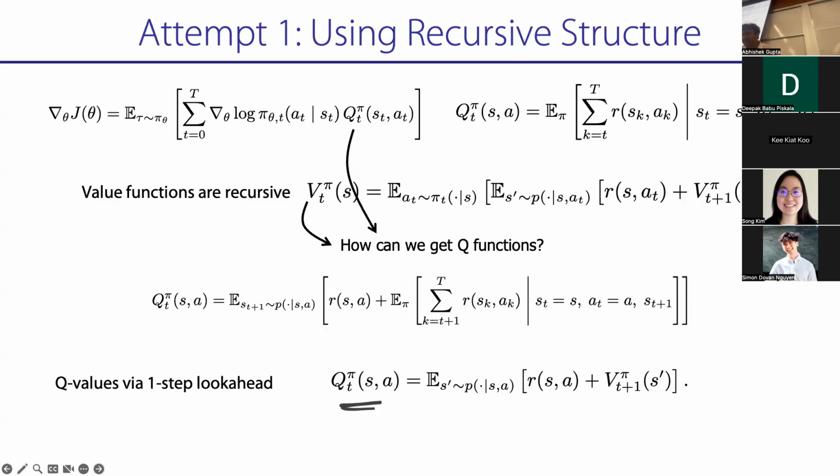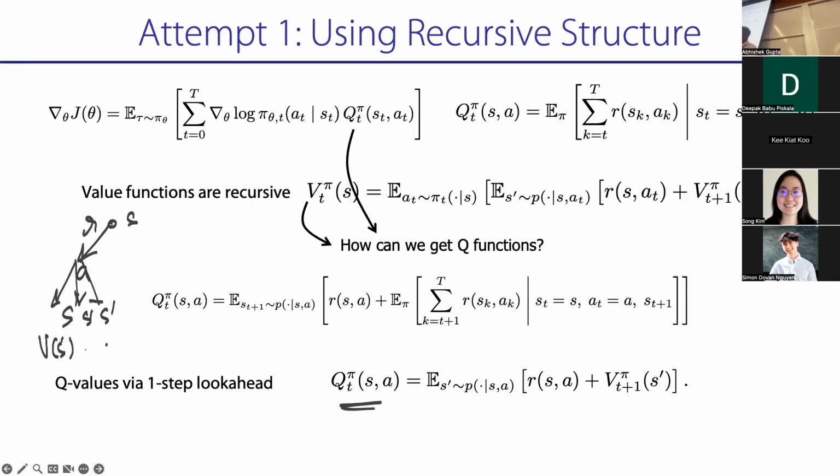So if I ever have a Q function and I have a value function at the next state, you can think of it as the Q function saying I'm at this state S, and I'm going to take some action A. That action A is going to transition me to some S prime. Actually, it'll transition me to some distribution over future S primes, right? What I'm going to do is take my reward at that state, take my values at the different S primes, and average all of them. And that's going to give me my Q function, right?